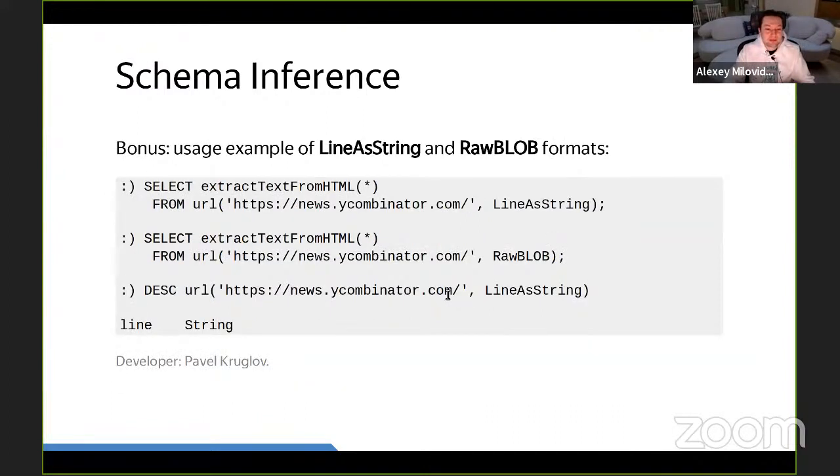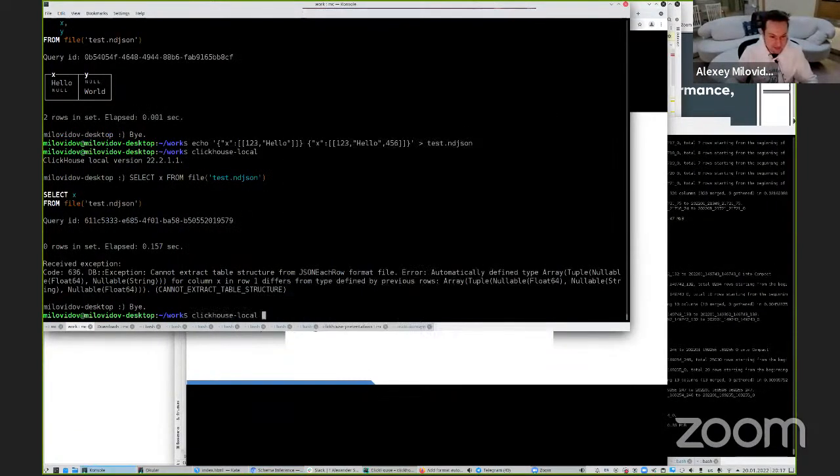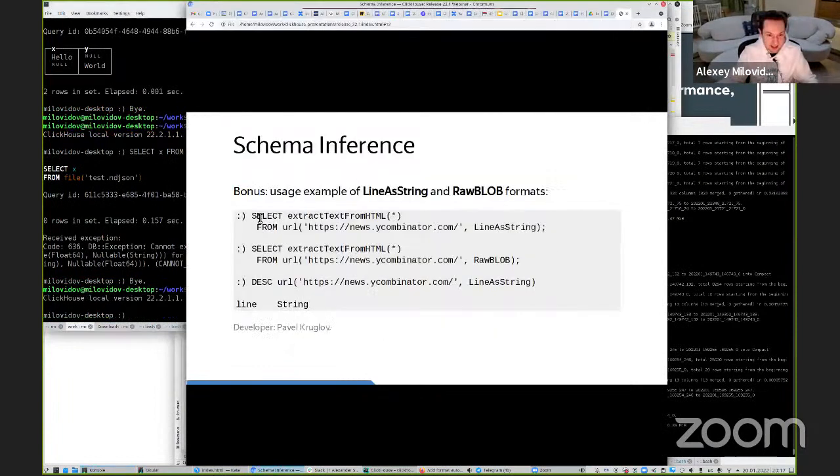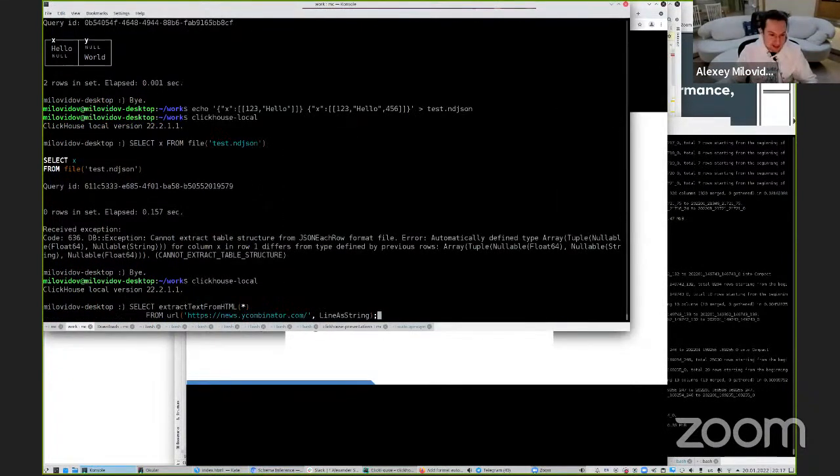What else? As a demo, I will show you how to use some lesser known formats like LineAsString and RawBLOB. Let me copy paste these examples. In this example, I will read my favorite website, Hacker News.